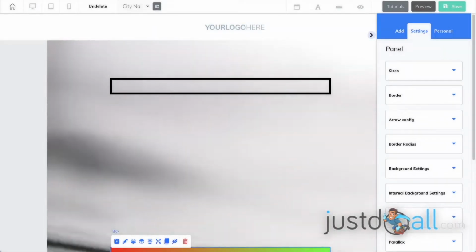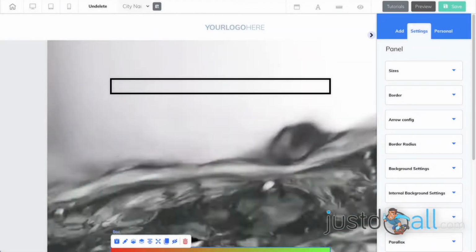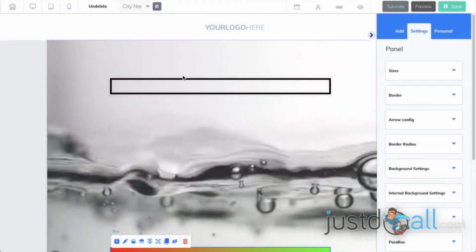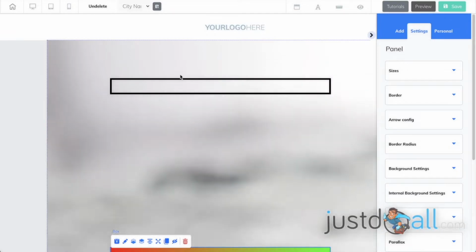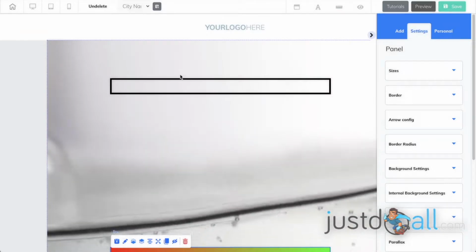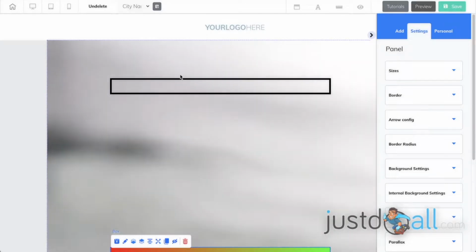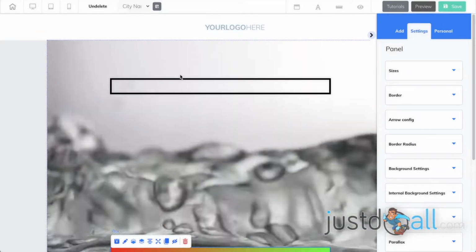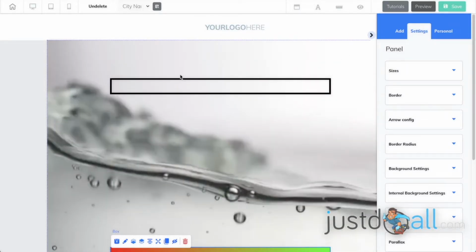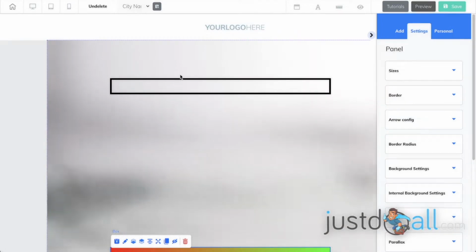Hello, I'm going to show you how to do a bar reveal with a gradient color in Cheetah Builderall. You have to know that it works only on desktop because of one feature, which is the rotation of the element, which doesn't work on mobile or tablet. So if you do this, it's for desktop. On the mobile version, you just hide the element.